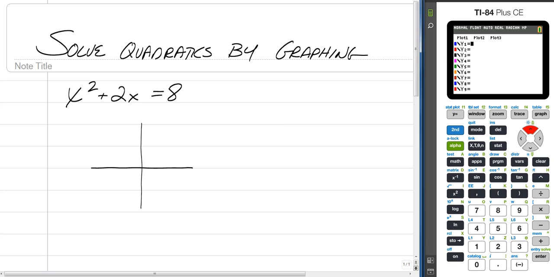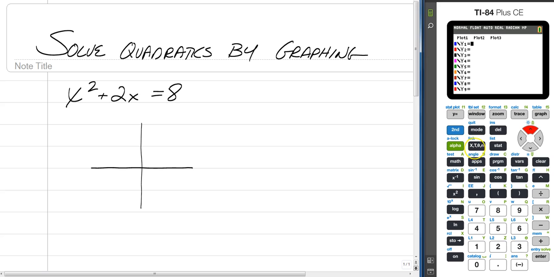You've done solving with a graphing calculator before. To do a quadratic, it's pretty much the same thing. You just have to find the intersection of two lines. So if we have x squared plus 2x on the left and it's equal to 8 on the right, basically